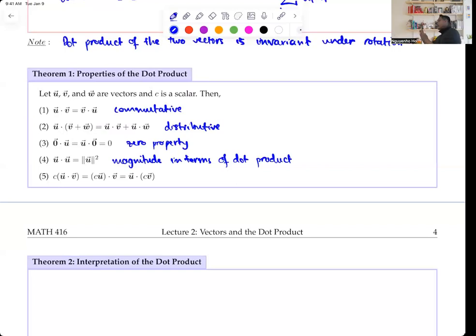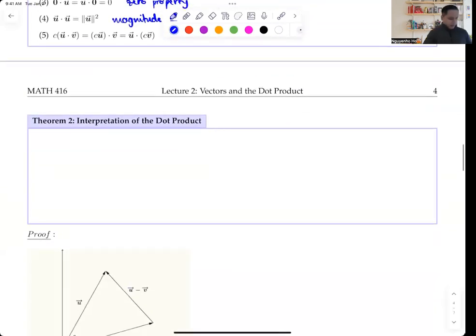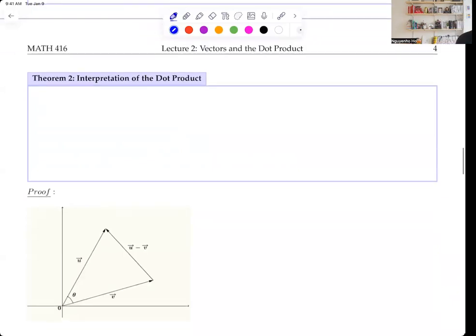Okay, so those are the definition of the dot product, the idea of how to calculate the dot product of two vectors, and some properties of the dot product. We're going to move on to the interpretation of the dot product. The dot product allows you to calculate the angle formed by these two vectors. So if theta is the angle between u and v,